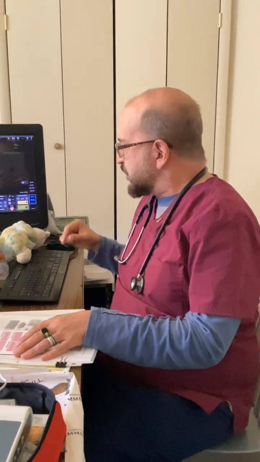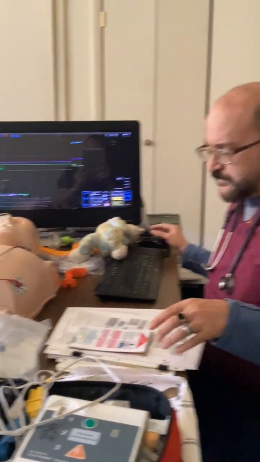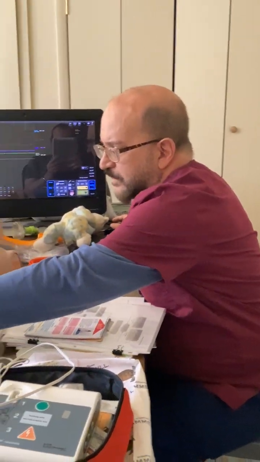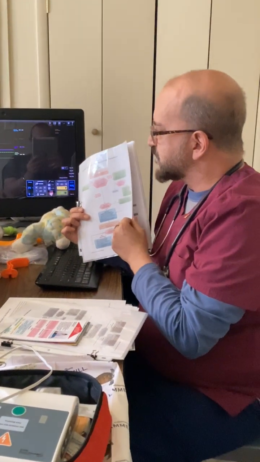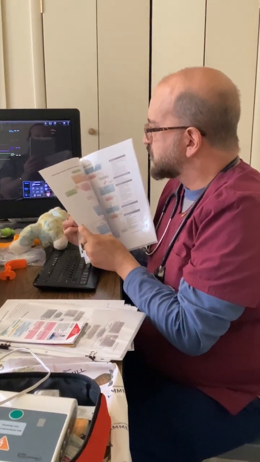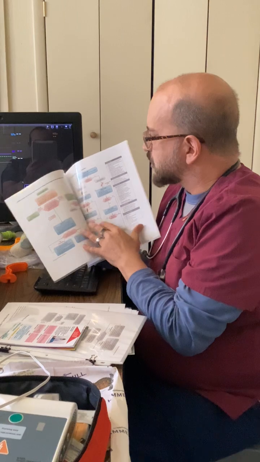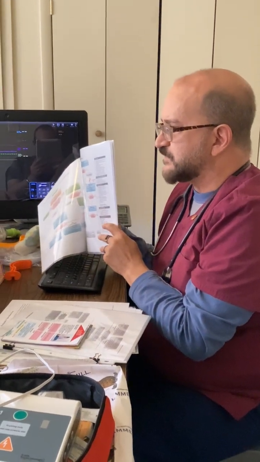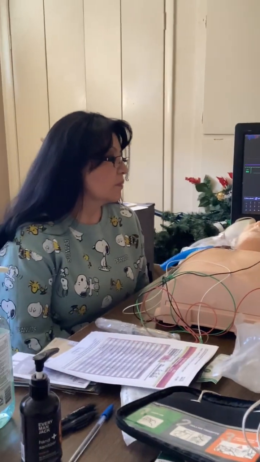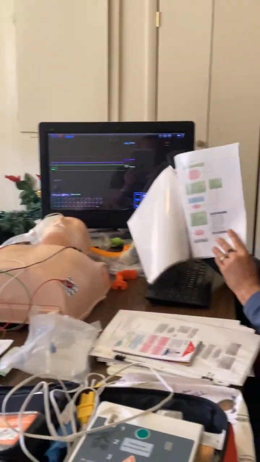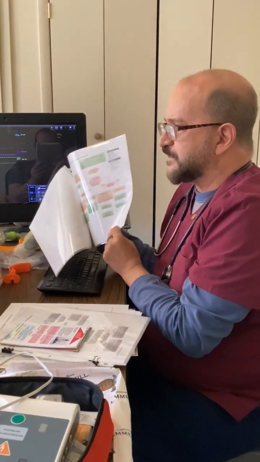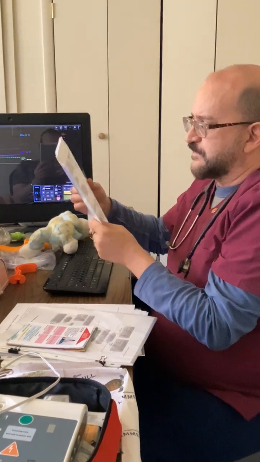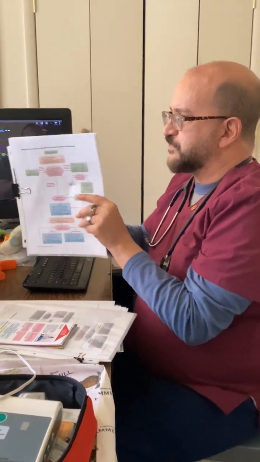So that's it for right now. I'm going to show you rhythms. I'm going to talk about treatments too. So we have the algorithms here. You have a copy, so do I. The first part of the algorithms begin with the CPR portion for single rescuer, 2 rescuer. Then we have the algorithm for pulseless VTAC and VFib and PE and asystole. It's the same one. Then we have bradycardias here. And then pediatric tachycardia here. So we'll refer to those, so you can use these during your testing,